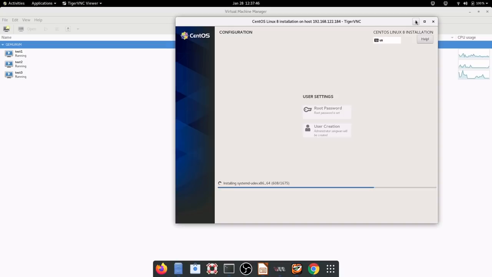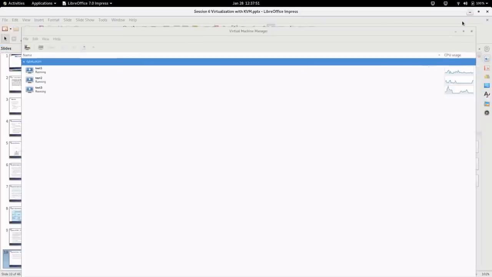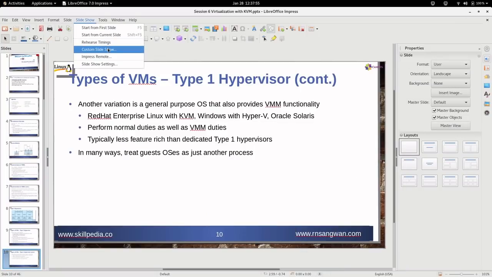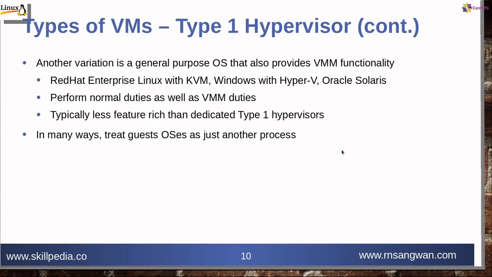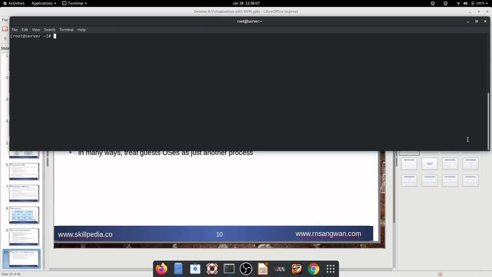So I started 3 machines in 3 different ways. One with PXE boot, second from the CD, and third from the cockpit, and fourth, in fact, let's start the fourth one also. Fourth from the command line. Let me start the fourth one from the command line.